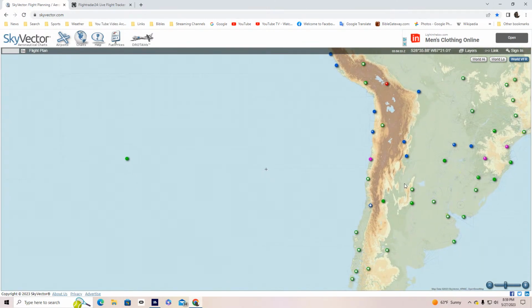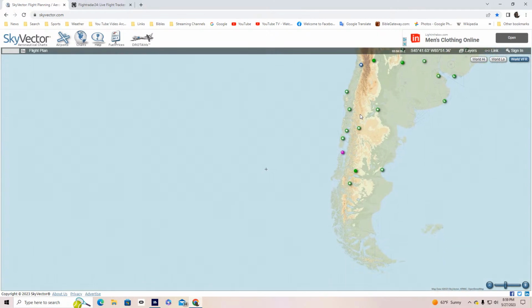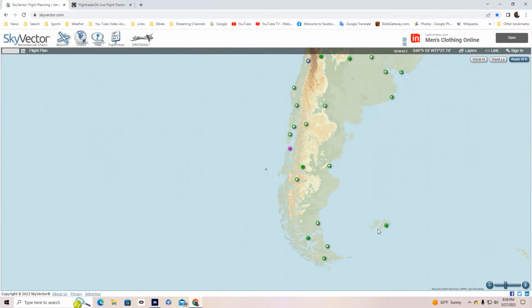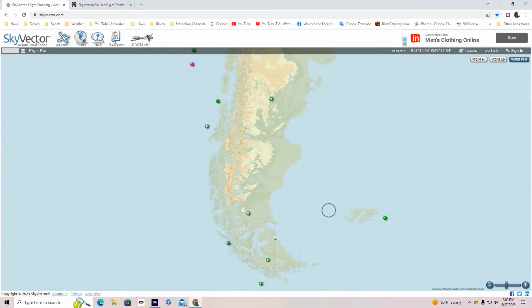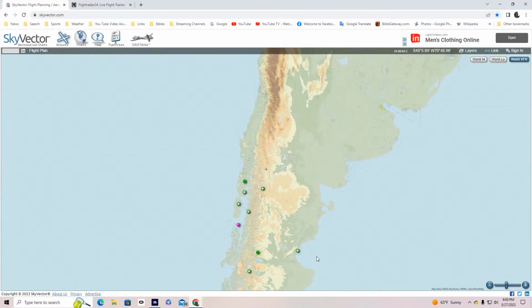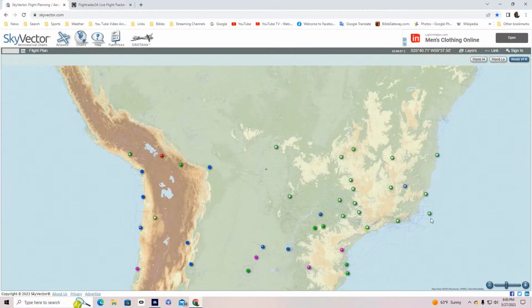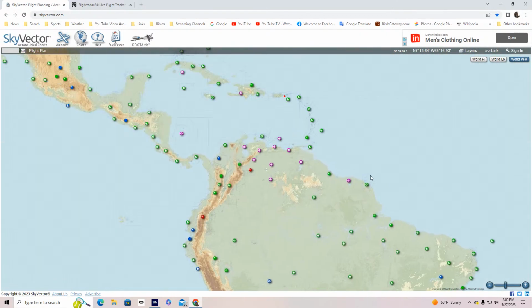We'll see the Andes Mountains, but just wanting to fly all the way down to there. This right here are the Falkland Islands. Now, all of that fighting that was going on in the early 90s with Britain and Argentina, it was over these islands right there. So anyway, flying all that, and then all the way back up.